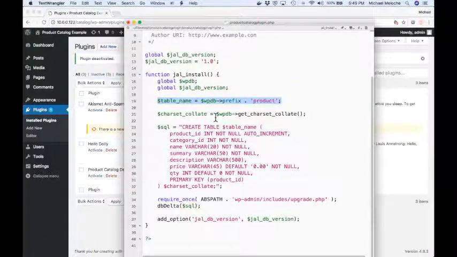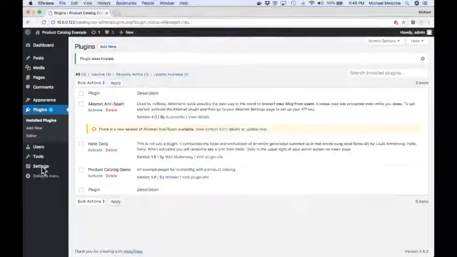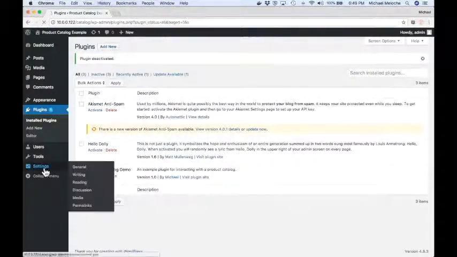Then we're defining our table name. Since we're installing our product catalog into WordPress, we want to make sure we also use the WordPress prefix. So for example, in this current setup,